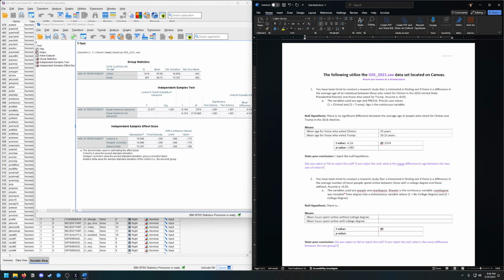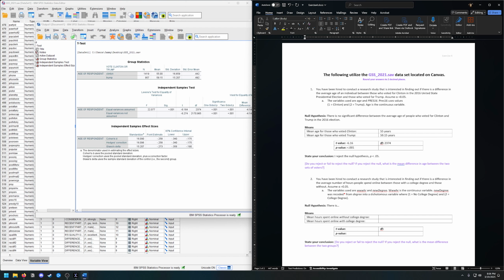If, for example, actually, maybe I'll cook one up after this just to show you. But if, for example, this was 0.1, which is obviously bigger than 0.05, then you would fail to reject the null hypothesis because it has not reached a level of statistical significance. So this is the first part. The first question that you're answering. You say, I reject the null hypothesis because your P is less than